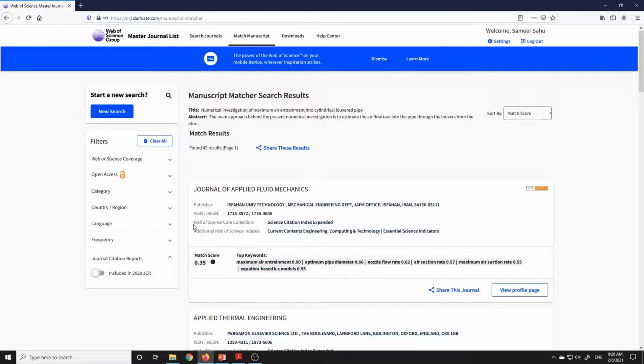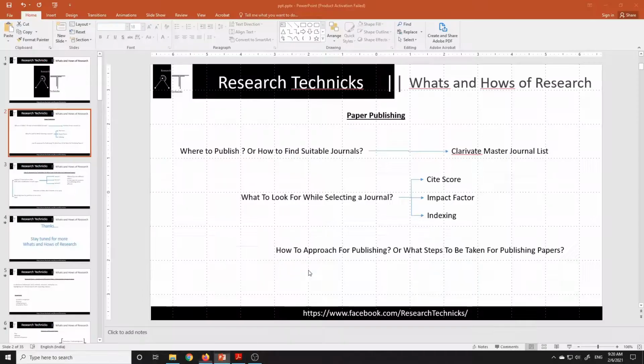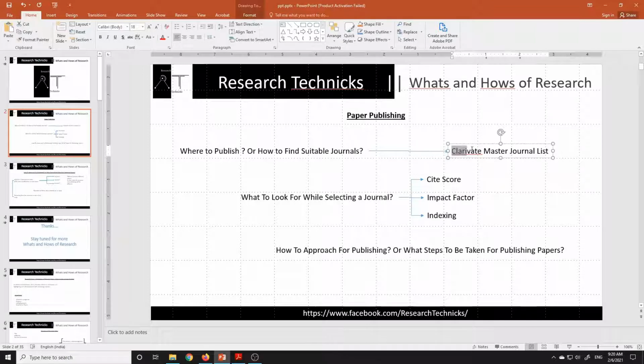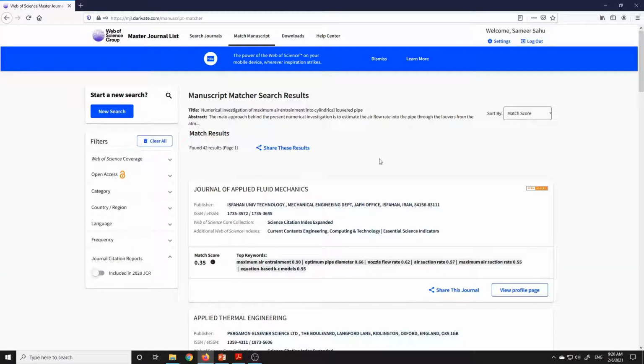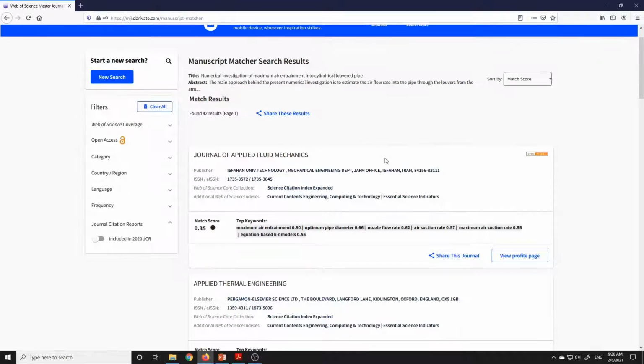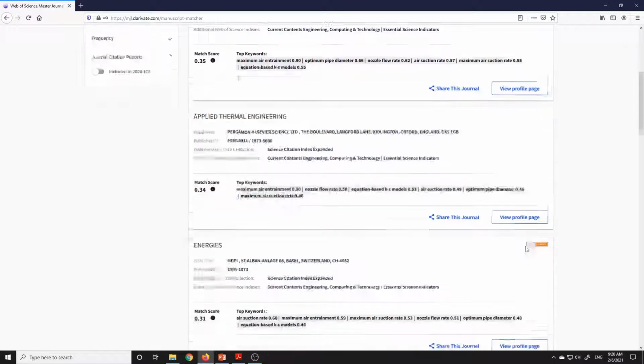Now we have completed the first part, where to publish or how to find suitable journals, and through the Clarivate Master Journal List we are able to know that. See here, moreover, these are open access.